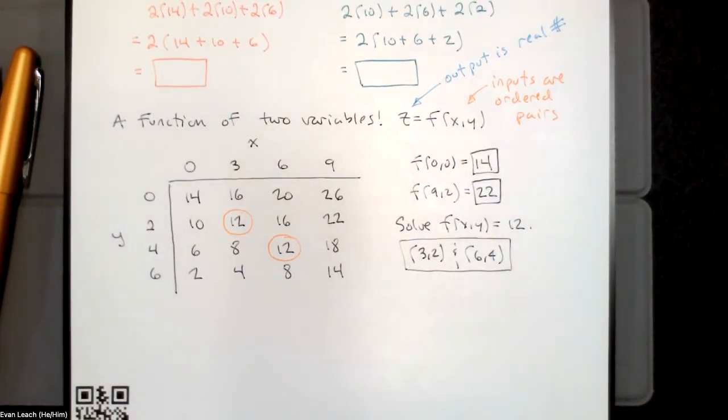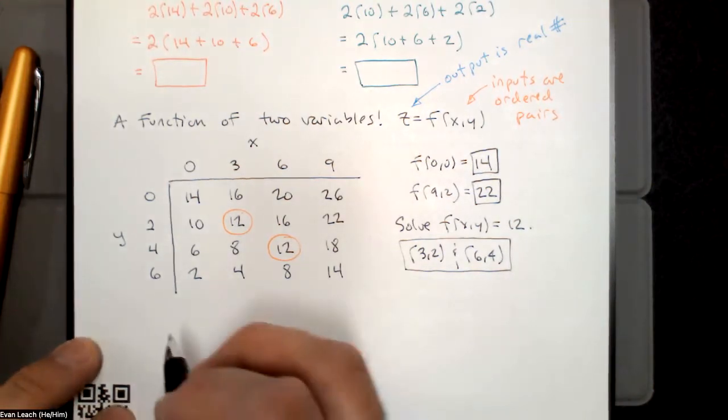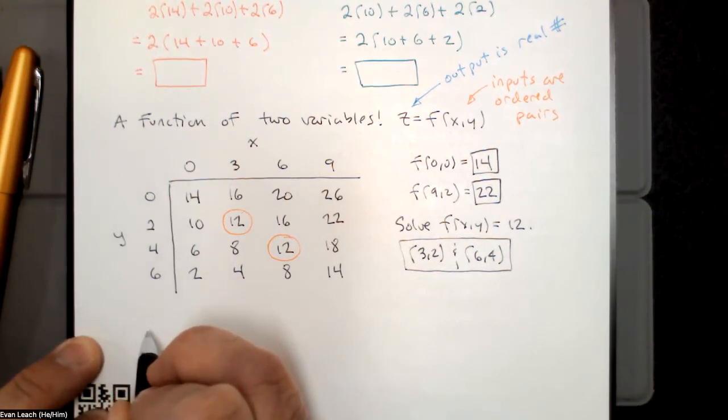So one more thing before I ask a question. Here's what we want to notice. When we have a function of one variable, that will represent a one-dimensional curve in two-dimensional space. That's not new. You already knew that. You just might not have heard it phrased that way before. When we have a function of one variable,